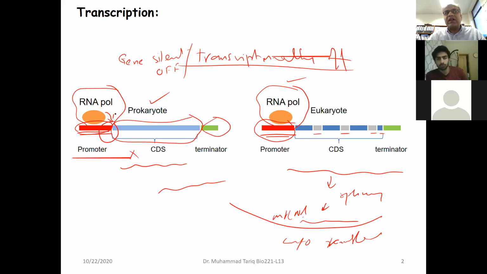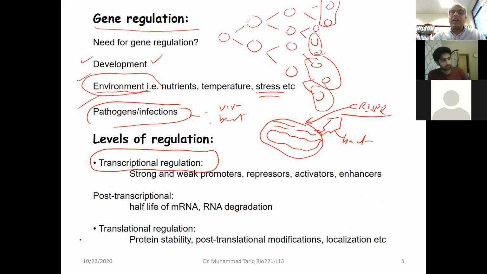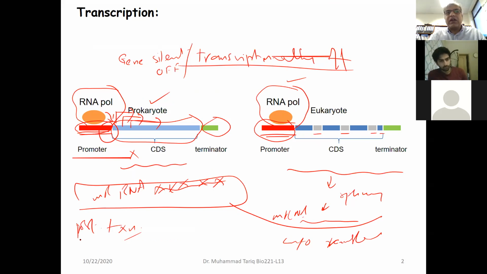In that case, transcription is taking place, but this transcript, which is messenger RNA, is getting degraded. This level of regulation is called post-transcriptional regulation. And the third level is translational regulation, where the messenger RNA is intact,